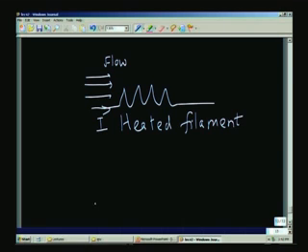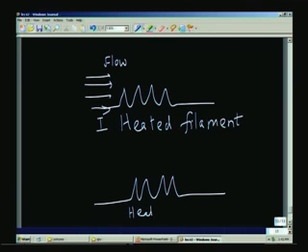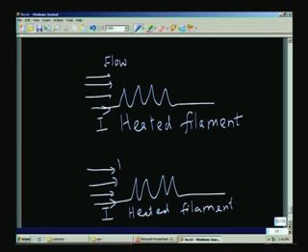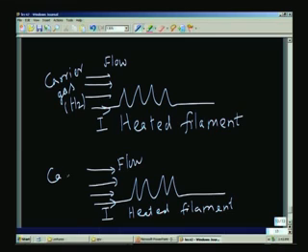So, let us make one more sketch, a similar one, with an identical filament, and I have the identical current. I am having another flow here, and let us say this is carrier gas, one of the gases which we had. For example, I can have helium or hydrogen, just to take as an example, and I have here carrier gas